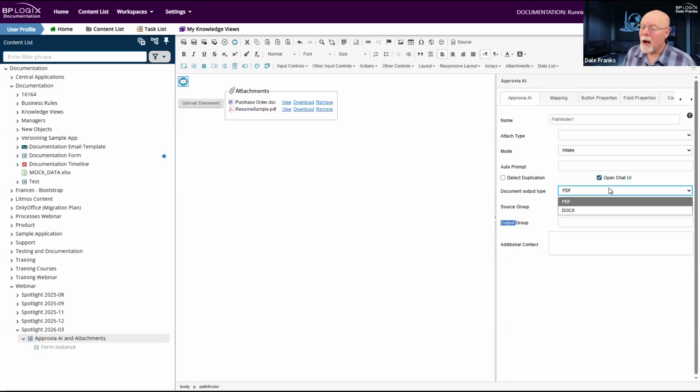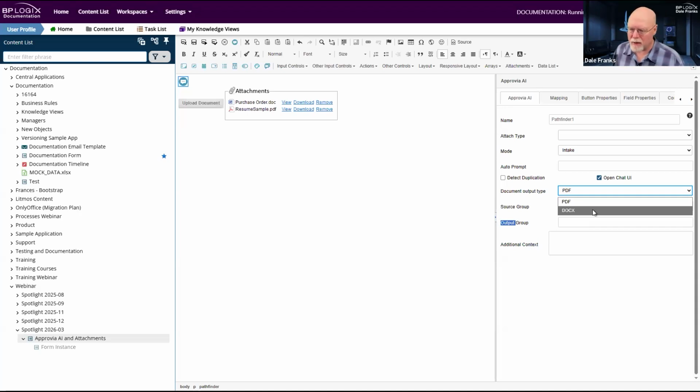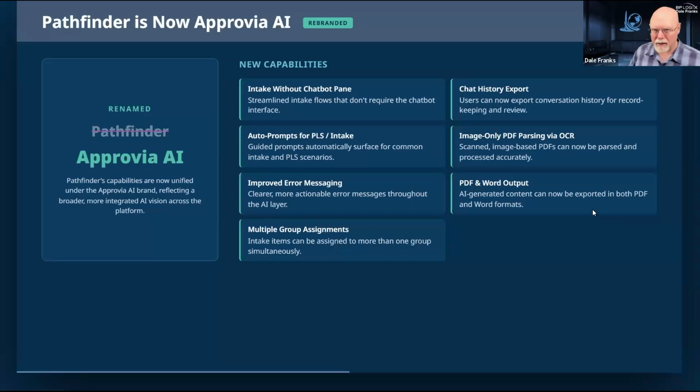Also, we have added document format, Word document format, to the output. So prior to now, it was all PDF output, but now you have the choice of sending it to either PDF or a document. Often the document is a much better choice, especially if you're expected to edit it or whatnot once you get it. That's difficult to do with a PDF, trivial to do with a Word document.